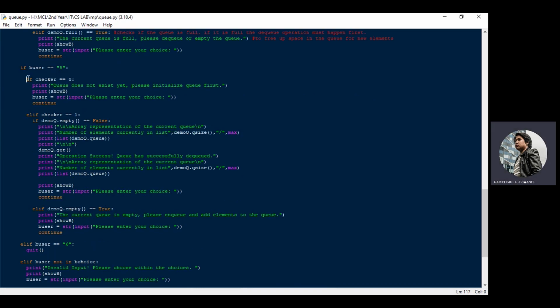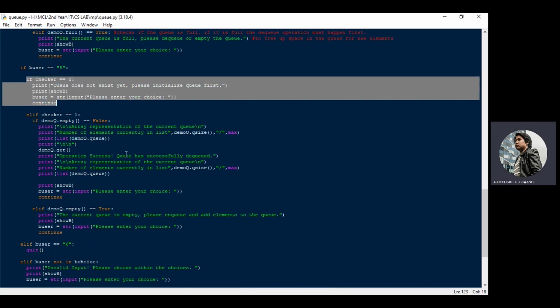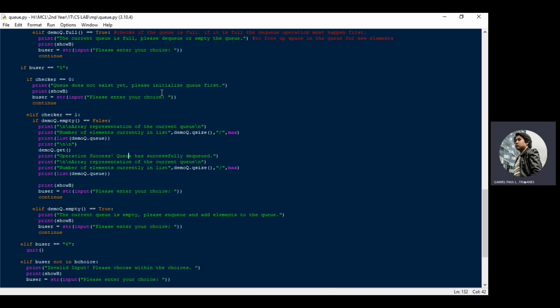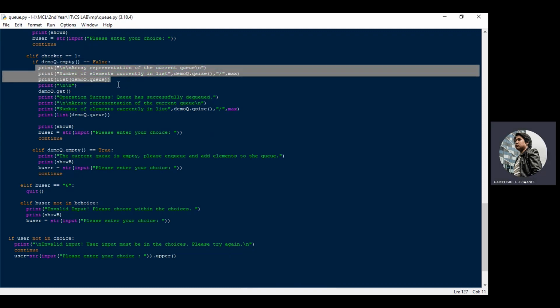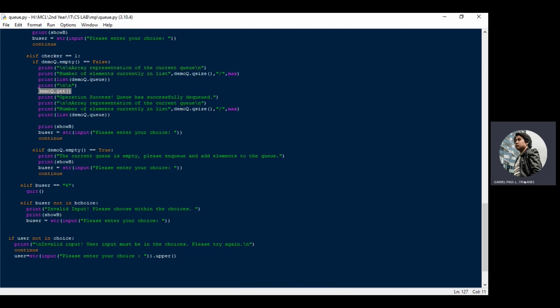So same checker element, it checks if there is a queue existing. If it does not exist, that's the user message again, and so on. So else if checker is 1, the queue exists, and it is not empty, because if it is empty, it will throw an error if we try to dequeue. So it should be not empty. So empty is equal to false. You can see here we show what is in the queue before the deletion, the dequeuing, and then this line of code demo